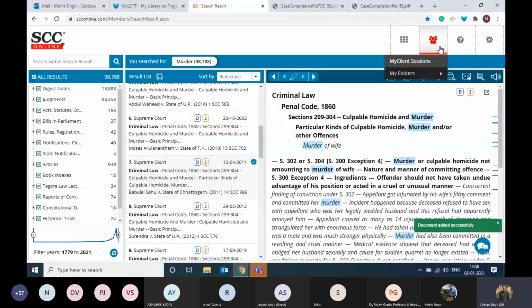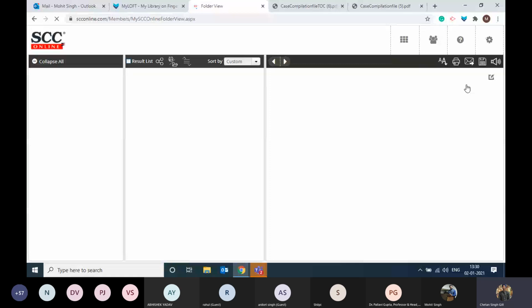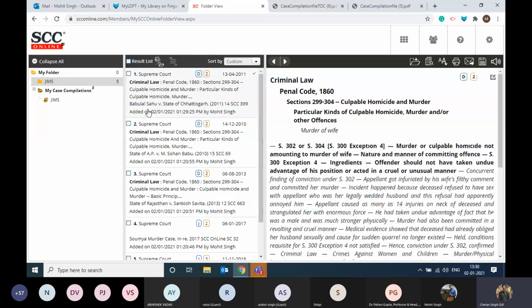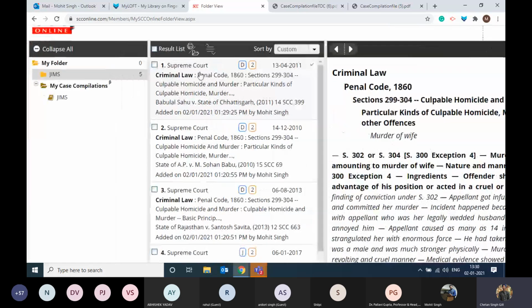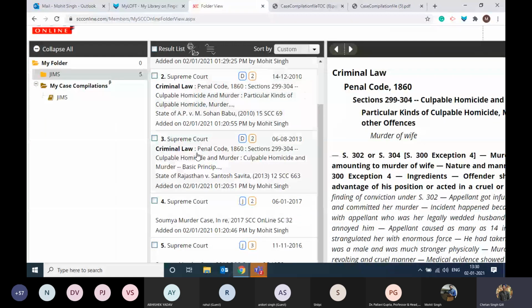Now, I'm assuming that we have already created 4 or 5 in the previous example. So we're going to go to this next icon, which is a bunch of people sitting together, click on My Folder, and then click on View Folder. Once you do that, it's going to show us all the folders. Right now we only have one folder. All the documents that we have added till now are available over here.